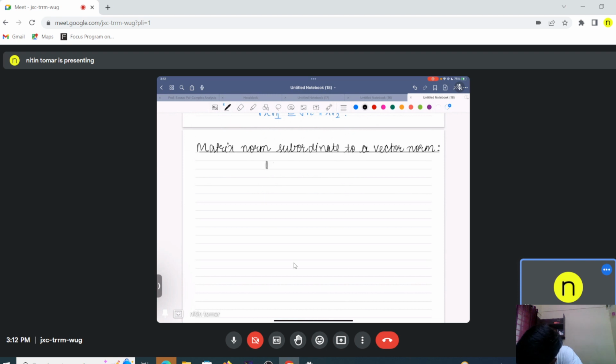By the definition, given Rn, we fix a norm on Rn. We take A, an n cross n matrix, and define one particular norm of A with respect to the norm defined on Rn: the norm of Ax upon the norm of x, where x is not equal to 0. This norm is called the matrix norm subordinate to a vector norm, and as example we saw